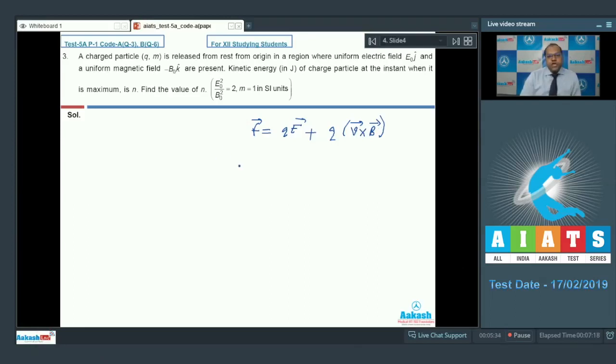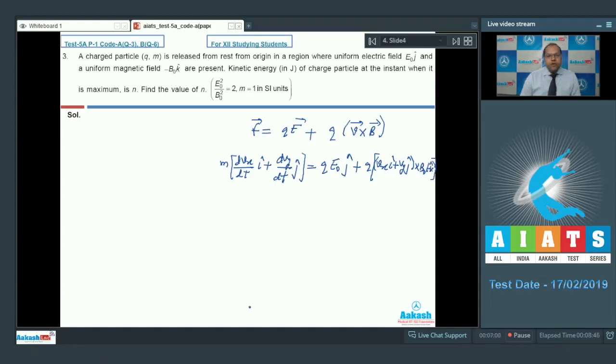Since the motion of the charged particle is in the xy plane, I can write it this way: m dvx by dt into i cap plus dvy by dt into j cap is equal to q into E vector, that is E0 into j cap, plus q into V cross B. So the velocity is Vx i cap plus Vy j cap, cross B vector, and the B is B0 into minus